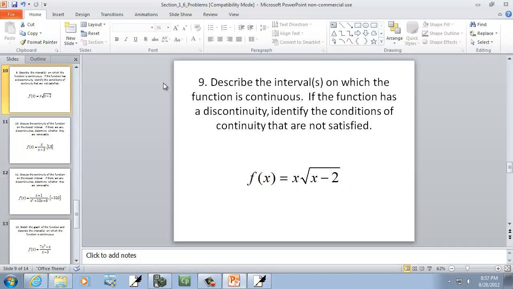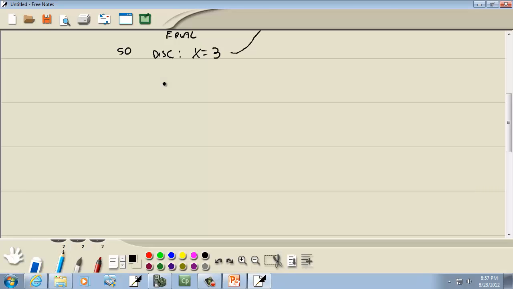Let's take a look at square root and see how to handle that. We've got f of x is equal to x times the square root of x minus 2. Now when you have a radical,